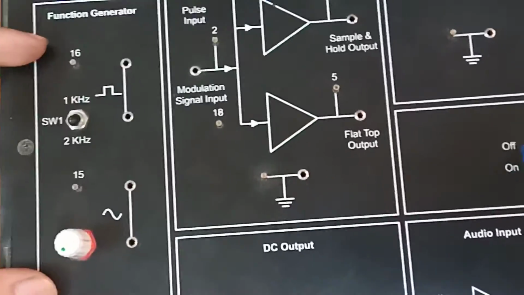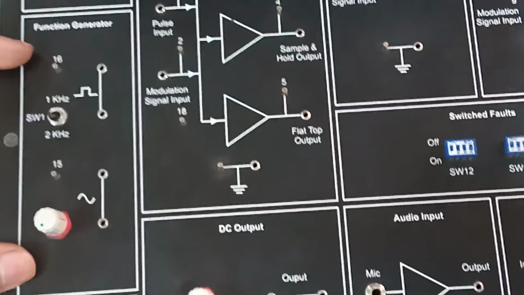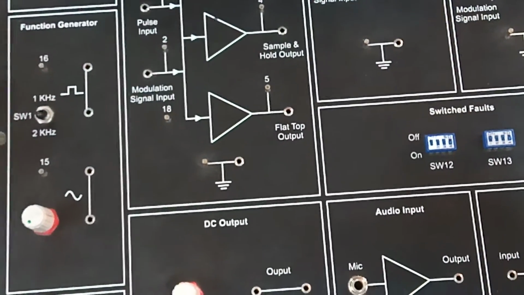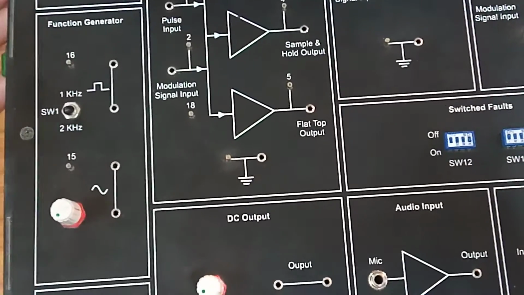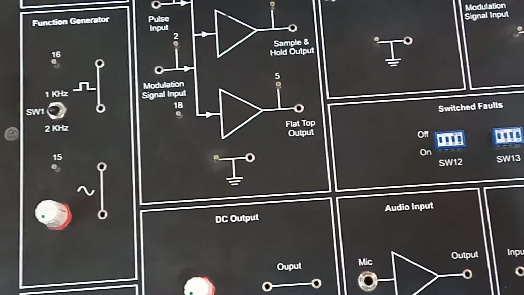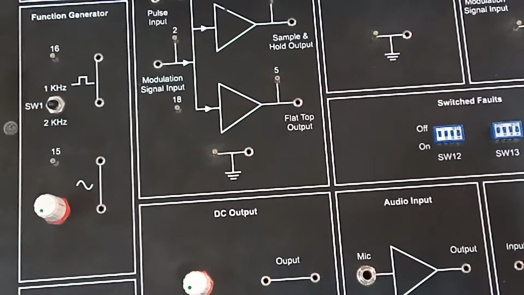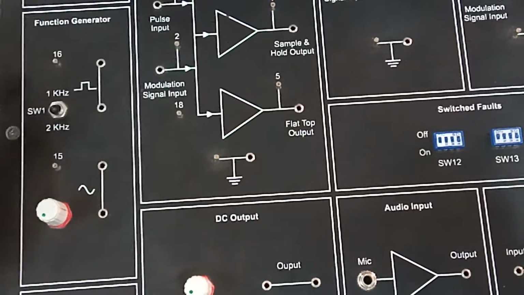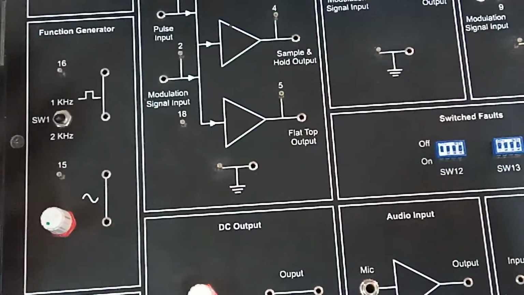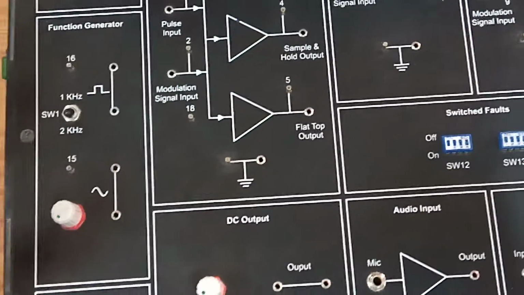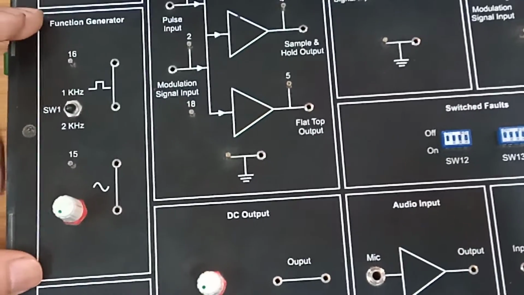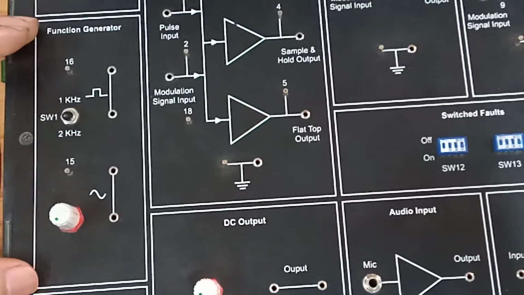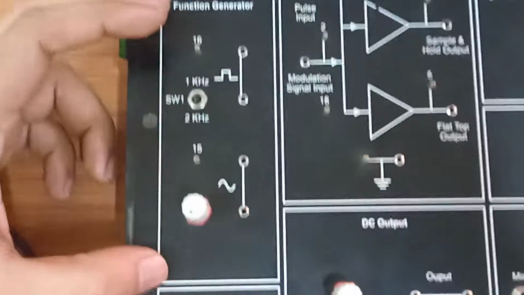There is a function generator here for the message signal. As I always tell all of you, this is a prototype kit where we need to generate the message and carrier signals ourselves. In a real scenario, there is a message signal, the speech or data or information. Whenever we are performing on a prototype kit, we need to generate the message signal also. Unfortunately, this block is not functioning properly, so we are going to use another function generator to take the modulating